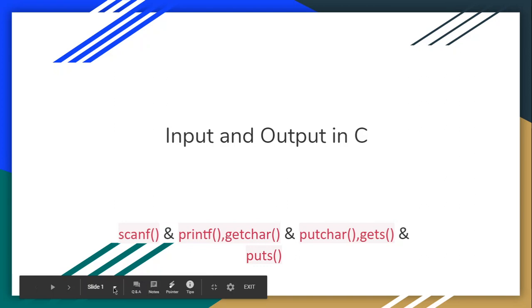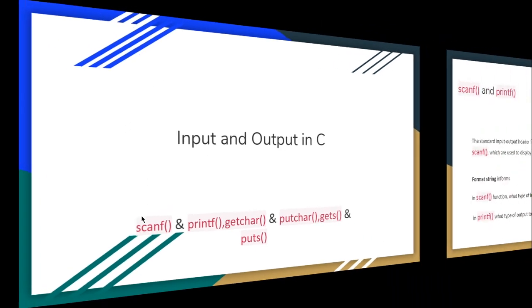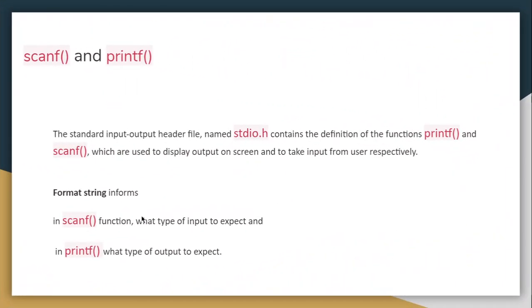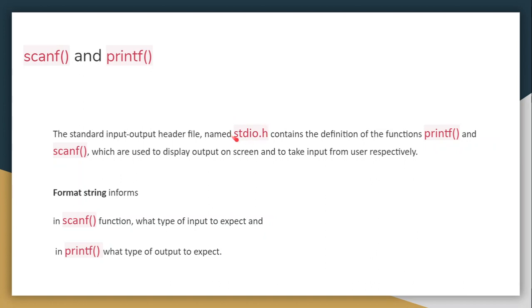So we all know that we use the standard input output header file in our program. Whenever we start, we always start with stdio.h. This is the header file, the standard input output header file, which helps us to use printf, scanf and all the input output statements in the C programming language. You know that scanf will help you to read the value from the screen and printf will help you to write the value on the screen.